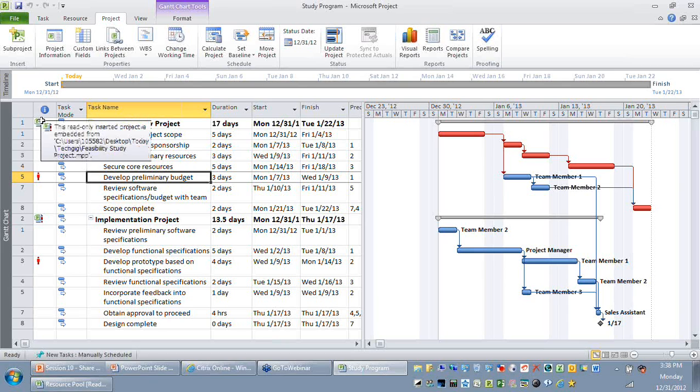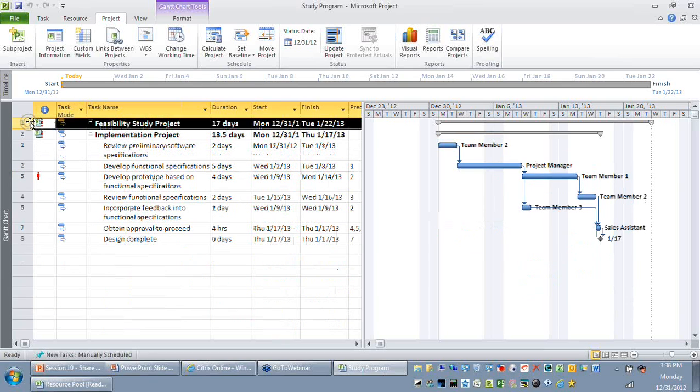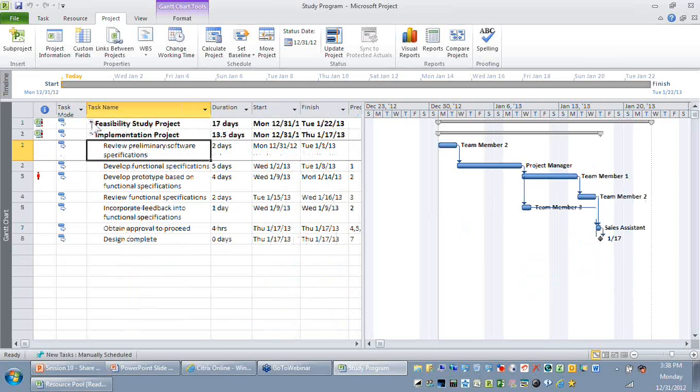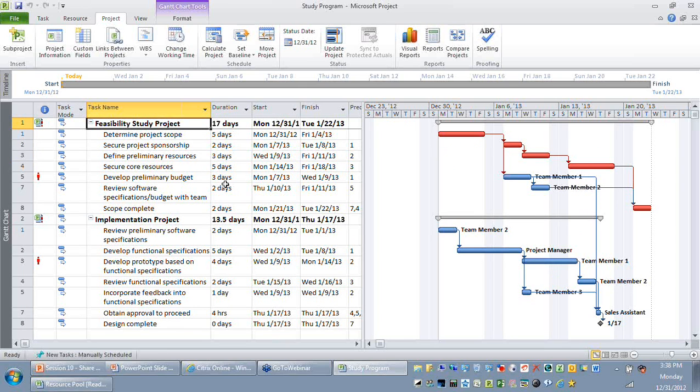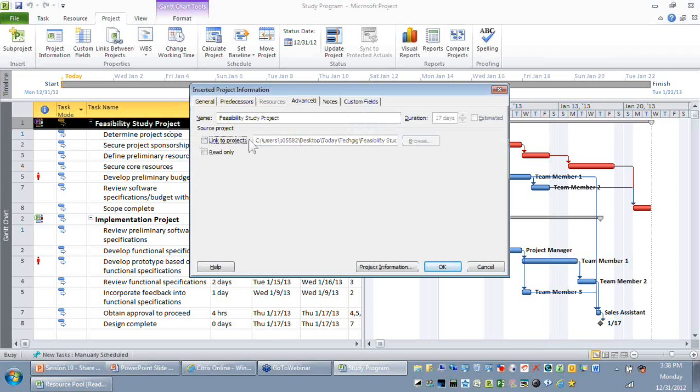For example, at a later point in time, you decide that you don't want it to be managed as sub-projects or programs, there are no project managers and you are managing everything. You can just double-click the parent and say, I need to unlink it. Remember, when you unlink it, you are breaking the relationship with that file, so that file and this one will not be in sync.